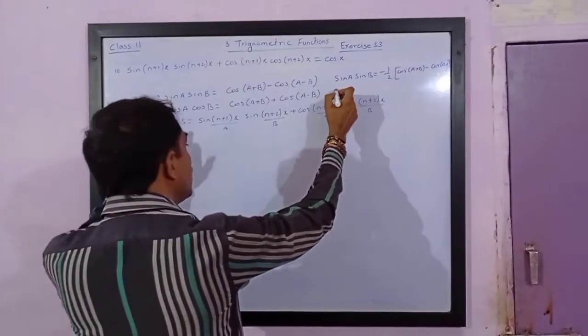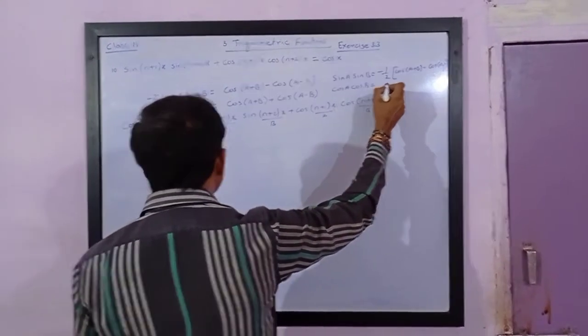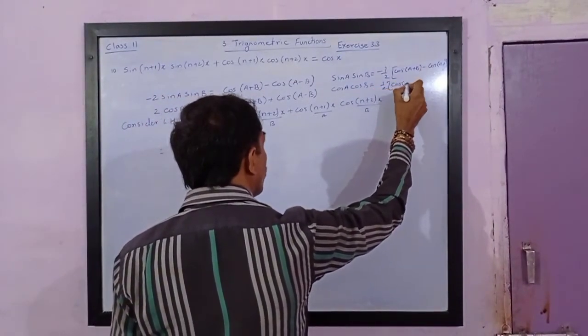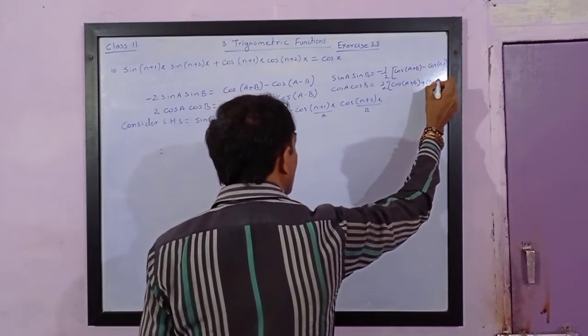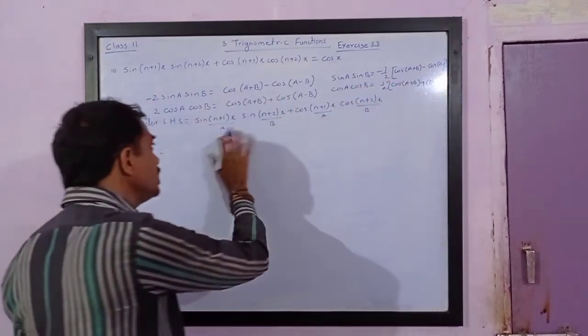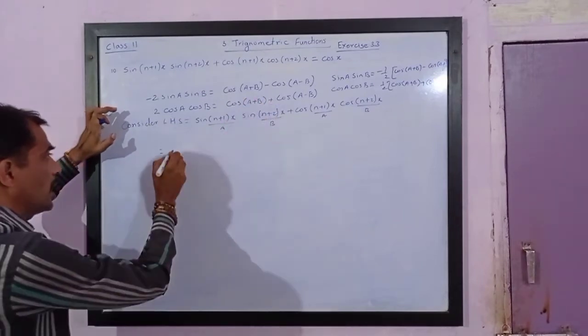And here we will get cos a into cos b is equal to 1 upon 2 into cos(a plus b) plus cos(a minus b). So by using these identities, we will get sin a into sin b is equal to minus half